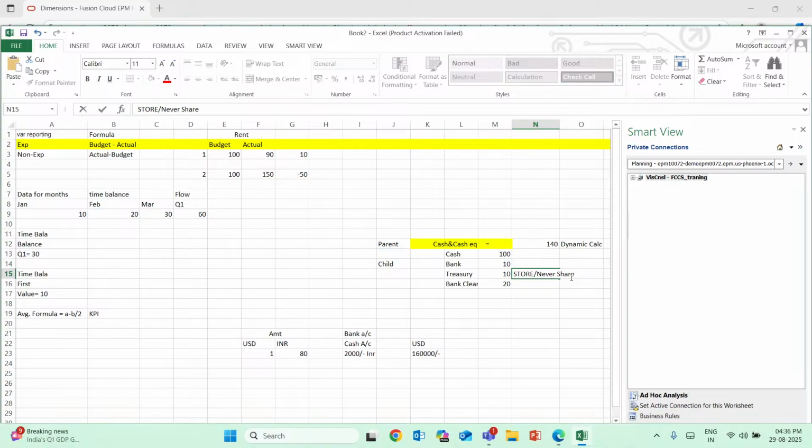The store parent members always store the data aggregation of the child members. So they store data independently, even if it is shared independently across the hierarchies. If we have never share,